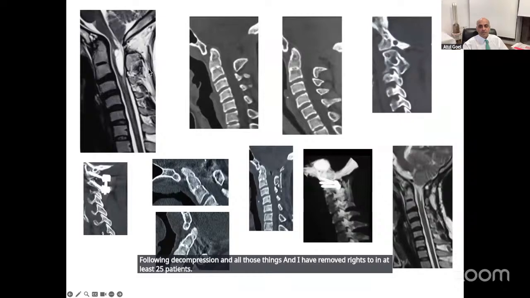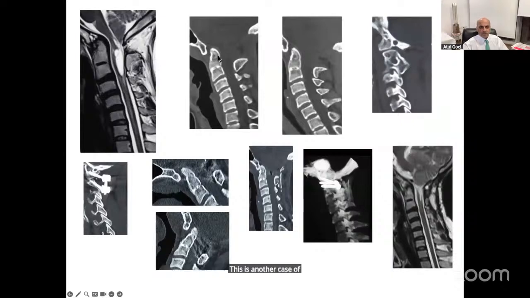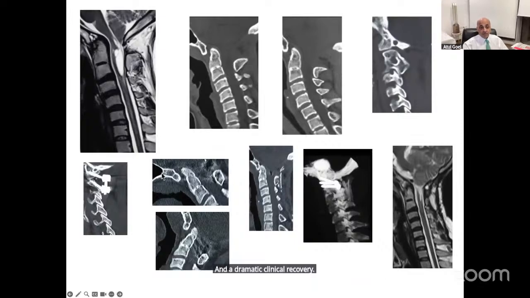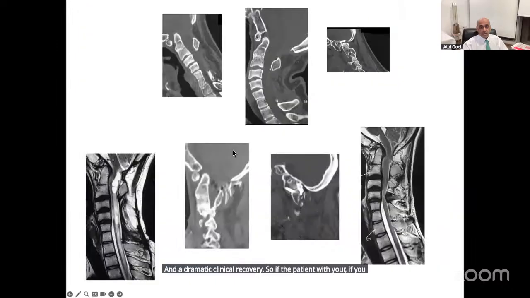This is another case of failed foramen magnum decompression. There is, you see, decompression has been done. And then I did, not decompression. This patient had undergone this kind of fixation. But with this fixation, the patient had not improved. So I removed this implant and I did C1, C2 fixation and a dramatic clinical recovery. So if you have not done a solid fixation, you might have a situation where your patient